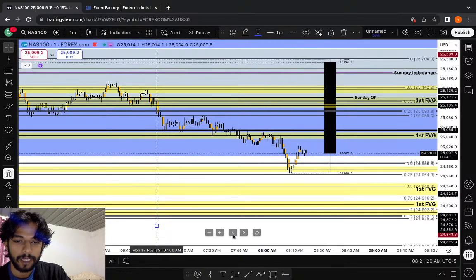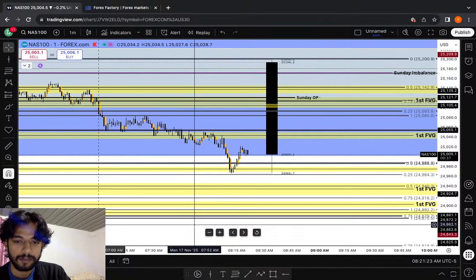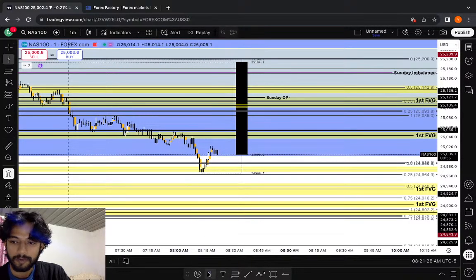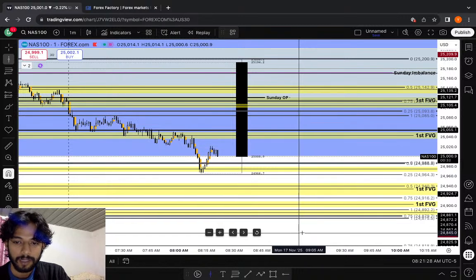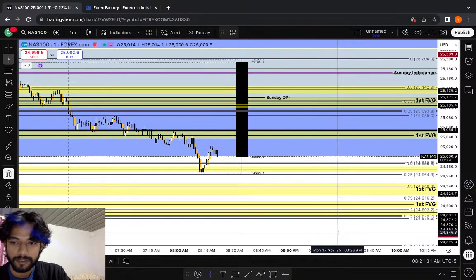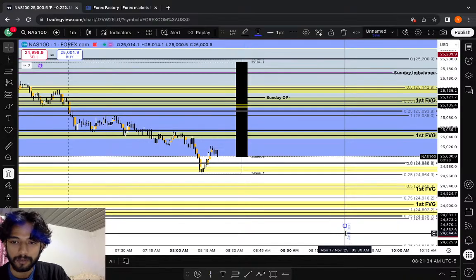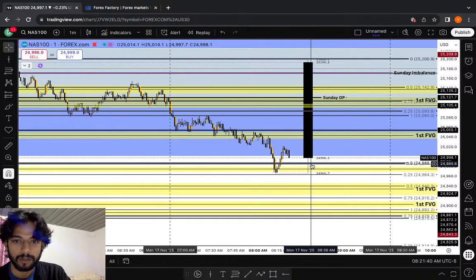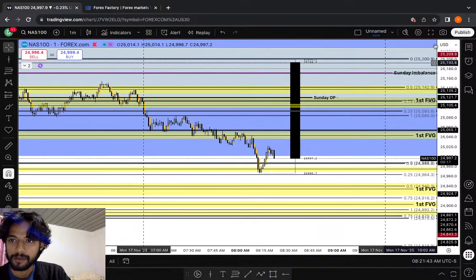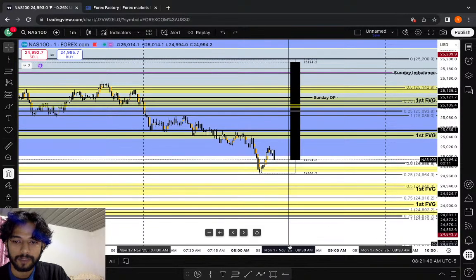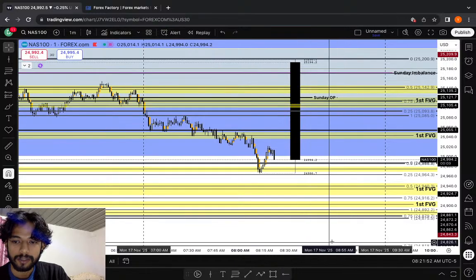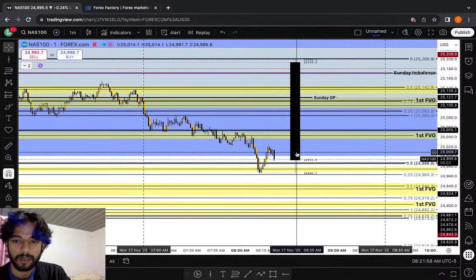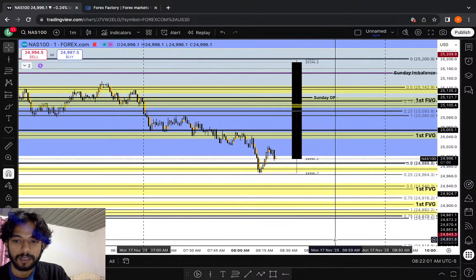And I'm not keeping any rigid bias as of now because I will be looking to trade after 9:30. Still my main trading terminal is closed. I have not logged in yet into my account. I'm just looking at the prices now. We have this 4-hour candle which is going to close within the next half an hour. At 9 this candle will close and a new 4-hour candle will start.